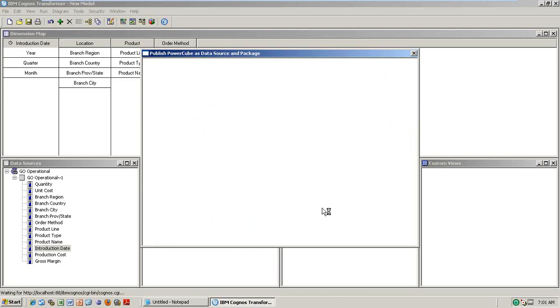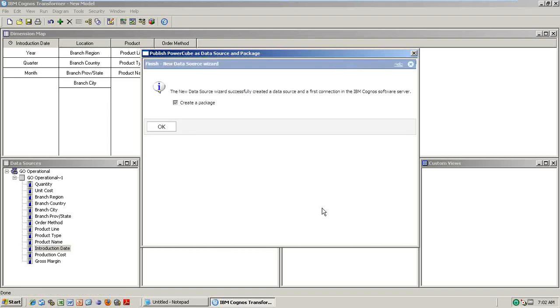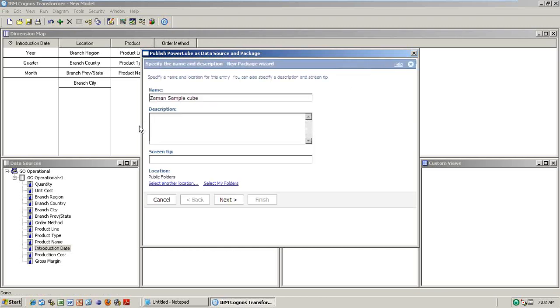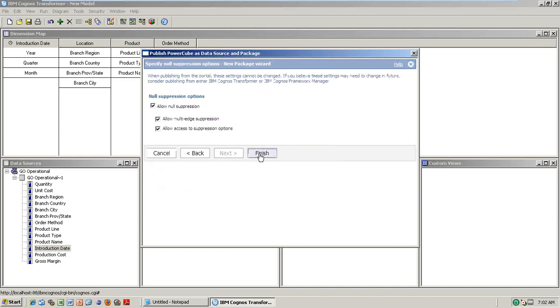Remember, this option is not available prior to the 8.4 version; it is available from the 8.4.2 version onwards, directly publishing the package to Cognos connection. Previously, you needed to take the transformer cube by using the Framework Manager package only, and you could publish once again to the Cognos connection, but it's not required now. You can right click, publish, next, and then it will go to the Cognos connection. Now open the Cognos connection, and this cube you can analyze by using PowerPlay Studio or Analysis Studio. Previously PowerPlay Studio, now you can analyze by using Analysis Studio also.